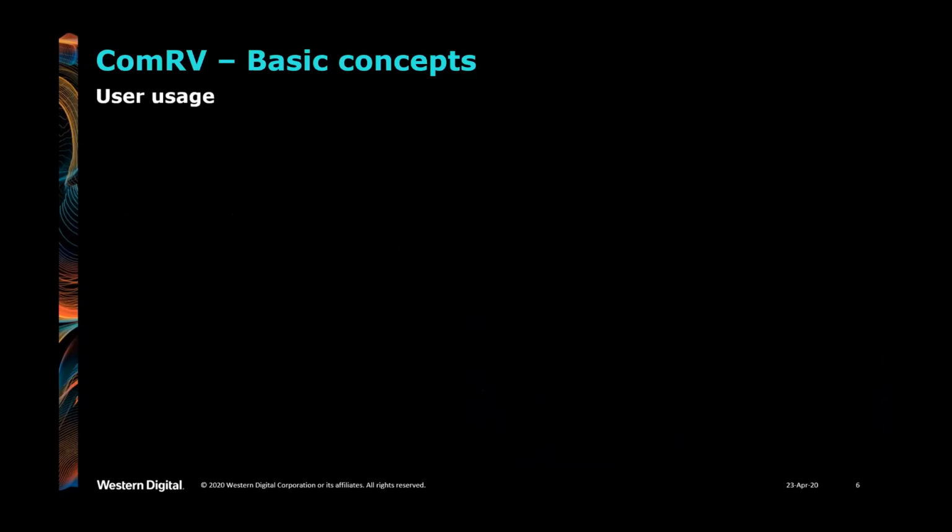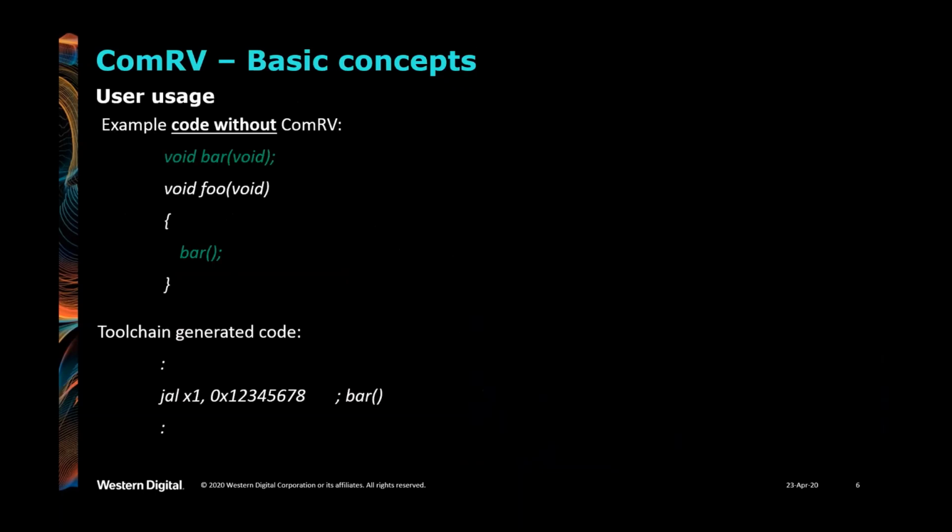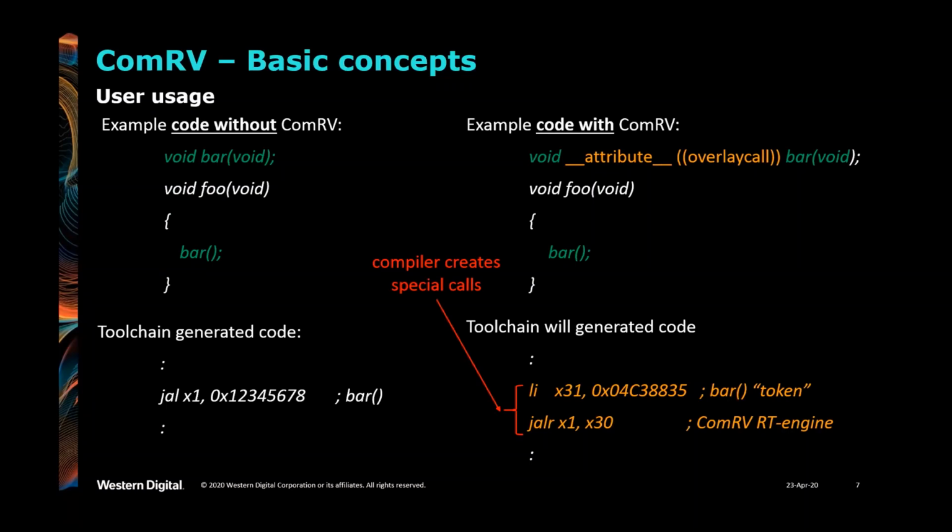Let's look at some user usage. So here we can see a very simple example of two functions. There is bar and there is foo, and foo is calling bar. On the toolchain side, we're going to see something like that. There's going to be a jump to bar when it's needed, by its symbol. And this is how it's going to look on RISC-V when using the cacheable overlay manager. So the user only needs to add